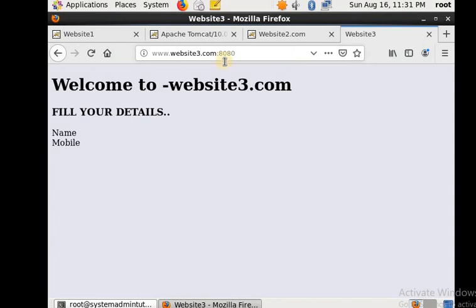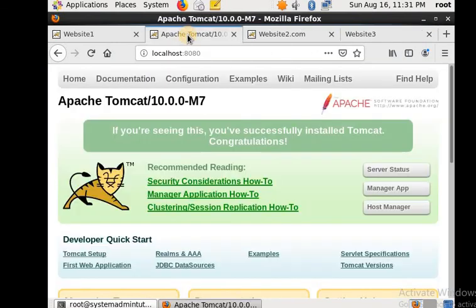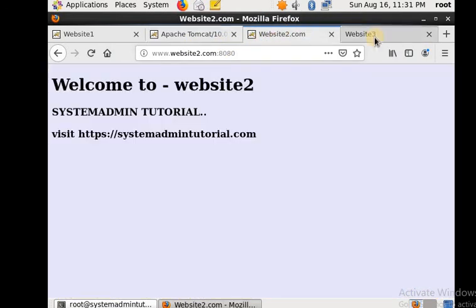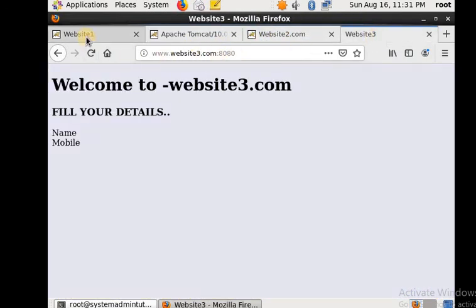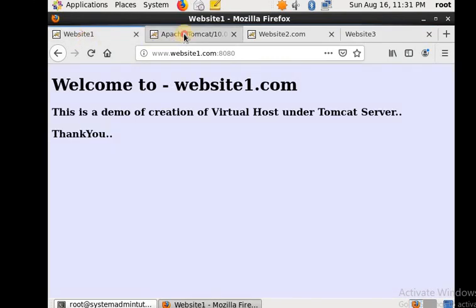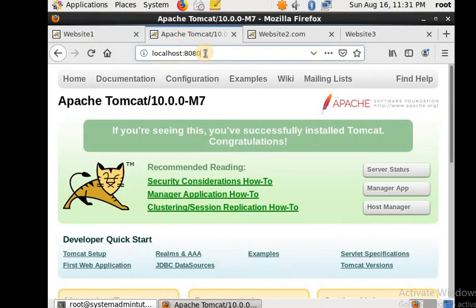Fill your details, name, mobile, everything is coming. So you saw in a single server we are able to run our three different websites. You see website 2, website 3, and here website 1, and this is the localhost default page.